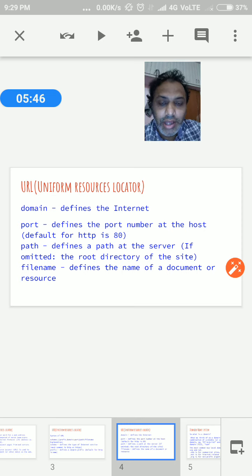Suppose I want a file transfer service, then I use port number 20. Suppose I want a secure file transfer system, then the port number is 21. So different applications have different port numbers.